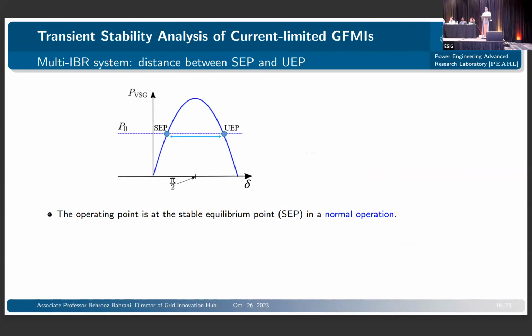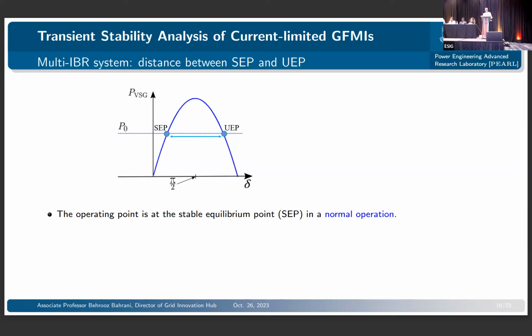Now, we decided that, okay, we've done a GFLI, GFM system. What if we want to look at a larger system? Can we expand this analysis to a larger system? Well, very difficult, because you've got so many different inverters, so many interactions between them, applying a fault. Yes, obviously you can do EMT analysis and see whether the system remains stable or not, but we wanted to see whether we can get any indication of stability when we've got a larger system.